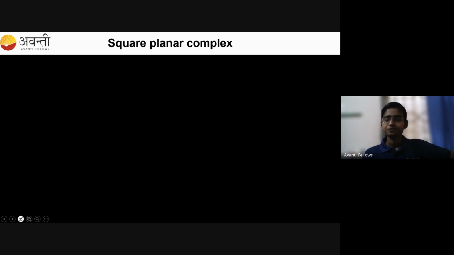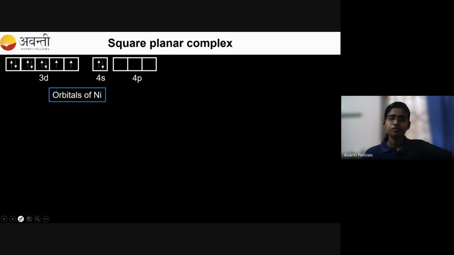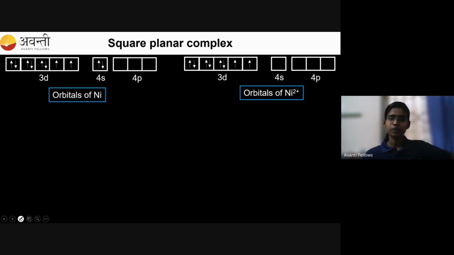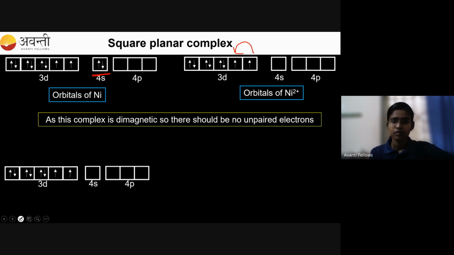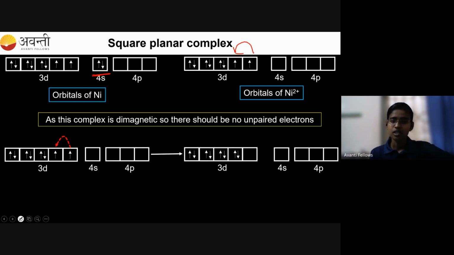Now, this is the configuration of nickel 0, and here is the configuration of nickel 2+. So the 2 electrons in the s orbital have now been lost. Okay, and since the complex is diamagnetic in nature, there should not be any unpaired electron in the system. So now these 2 electrons are going to get paired with each other, and the empty orbitals are starting from 3d, 4s and 4p. Now what happens? These 4 orbitals are going to intermix to give